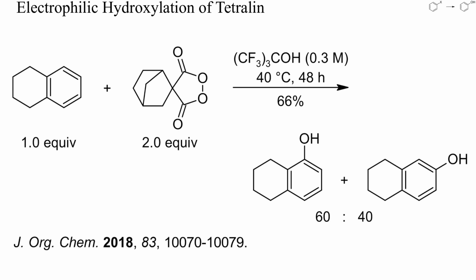A still higher yield could be attained in the hydroxylation of tetralin with a cyclic diacyl peroxide. Apart from the acidic solvent, no further catalyst was required. The regioselectivity was low, but no benzylic hydroxylation occurred.